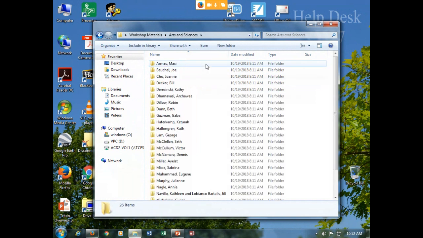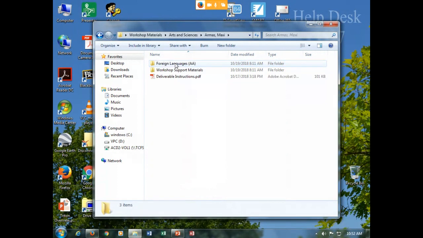Then you'll see your name, right? Pamela's amazing, I can't even tell you. So, I'm going to pick on Maxie because he's first. You're going to take your name, and actually, a more efficient way is to just click and drag your name onto the computer. Don't do the whole thing. Open your name from the USB drive and just click the folder with your name. You don't need everyone's, just yours. So click your name and drag that onto the laptop. Then you'll have a digital copy of the deliverable instructions in case you lose the physical one in front of you.